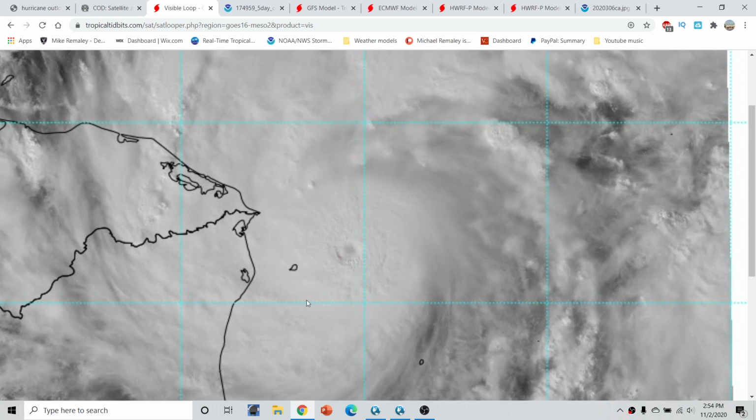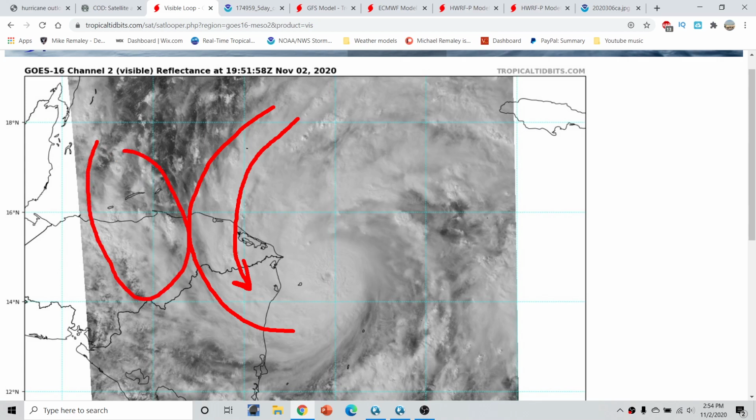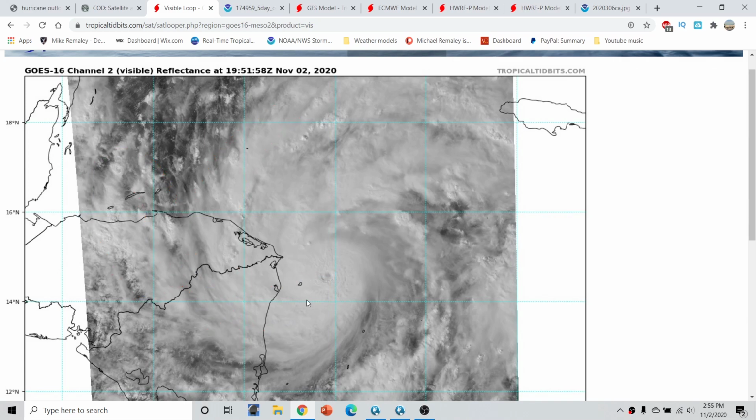But what this is going to do is dump a tremendous amount of flooding rainfall that, again, is already occurring across portions of Honduras and into Nicaragua, because of all this precipitation shield right here, this banding that's rotating around, even well far inland over Honduras and over the Gulf of Honduras. This is producing a lot of flash flooding and will be the primary threat once this moves inland. As this does so, of course, it is going to weaken over the very high mountainous terrain, but the flash flooding concern could see as much as 35 inches of rain in isolated locations, and this is a very, very big